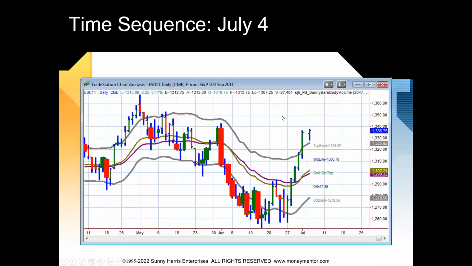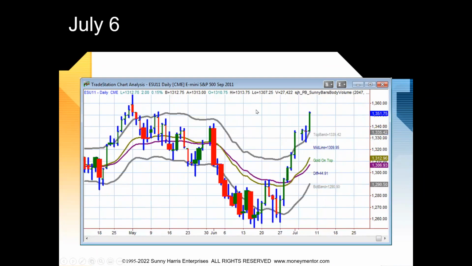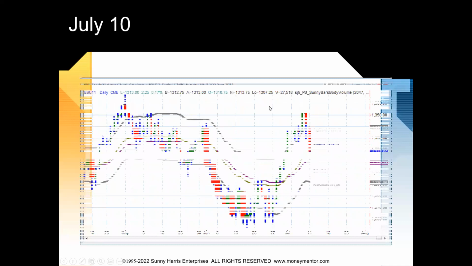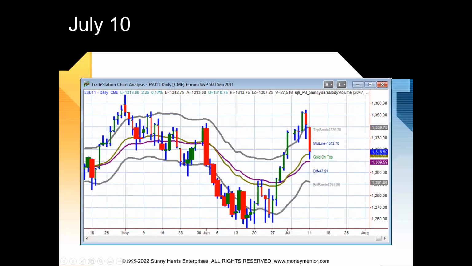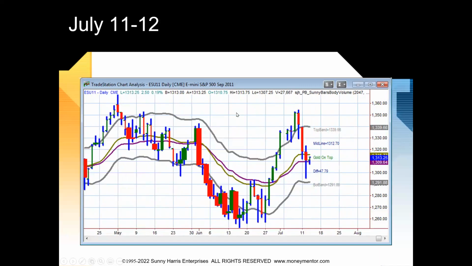Here's the sunny bars again, and I'm going to show you a real quick little transition. That's July 4th. You see the next bar is up from there. Next bar is up even more. And we've got a red bar that penetrates the upper sunny band. I'm out. So it went from here to here, and I'm out. Look at the next bar. Aha. Dramatic. Good thing we knew to get out. And then it goes on down to there.